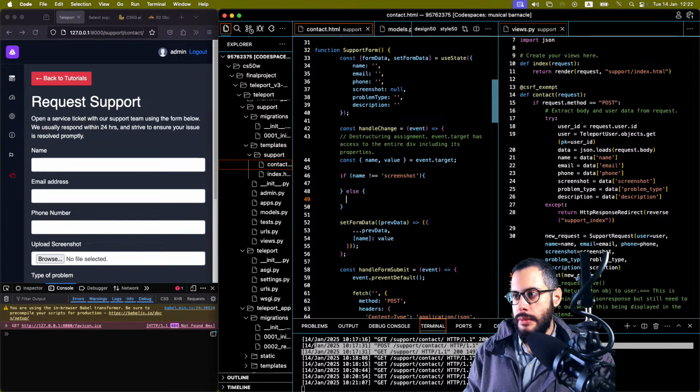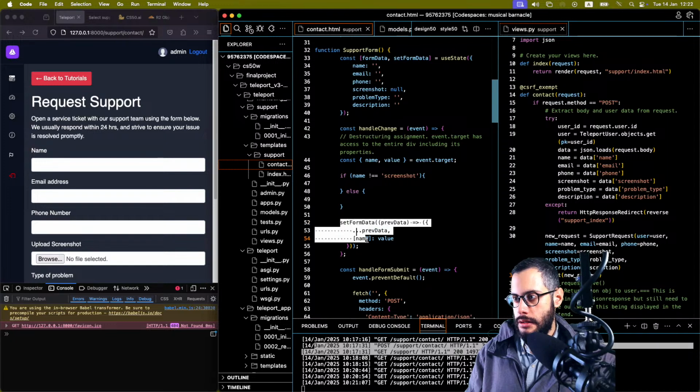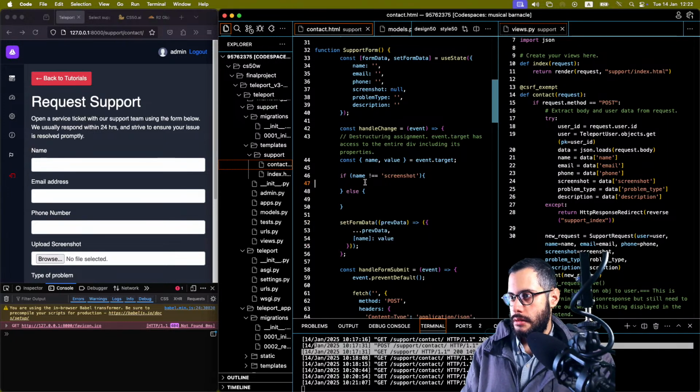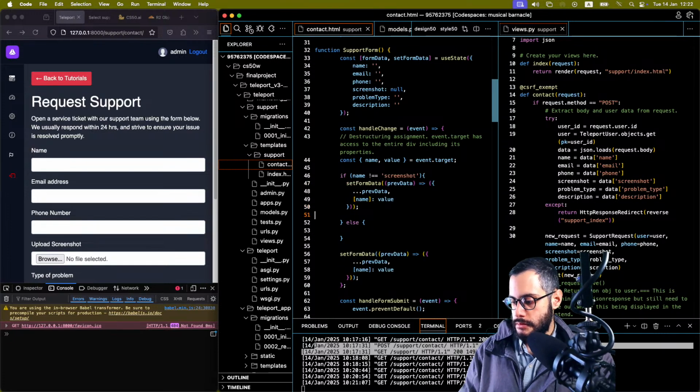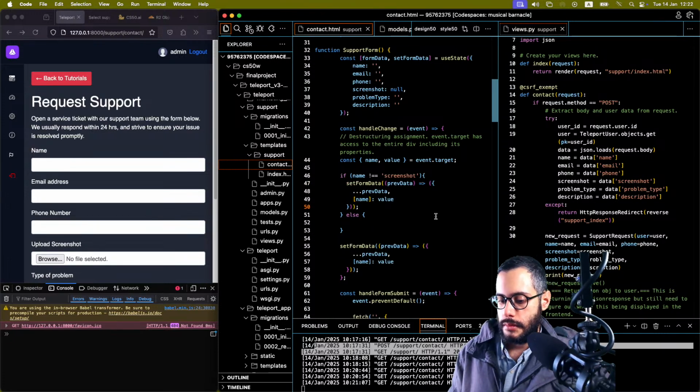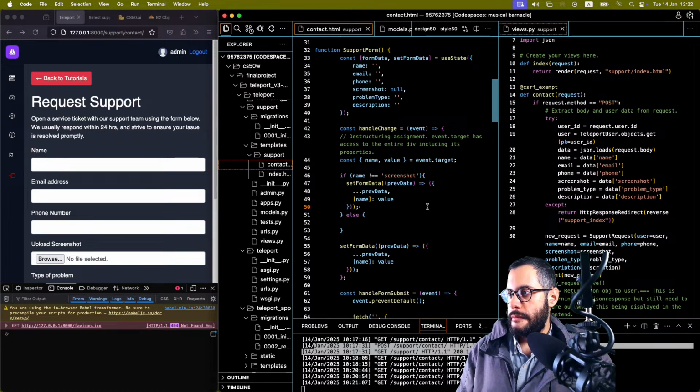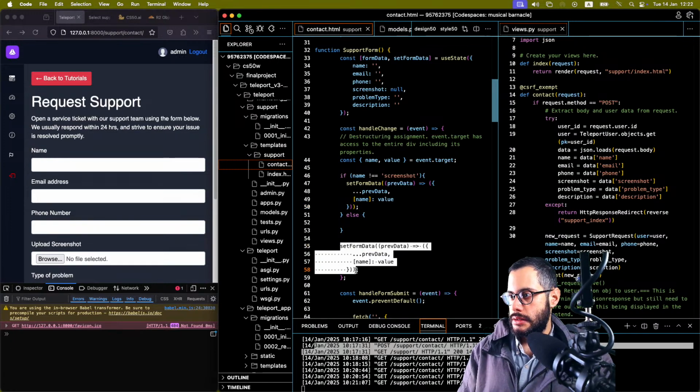Else, I'm still going back to this if else, which is not great. So I have my if else here. If the name is not equal to screenshot, do this, else